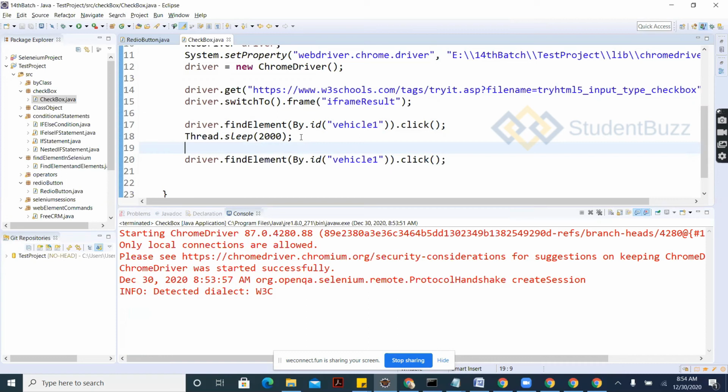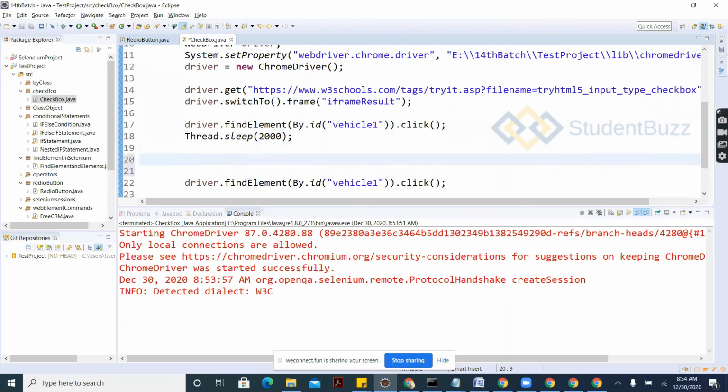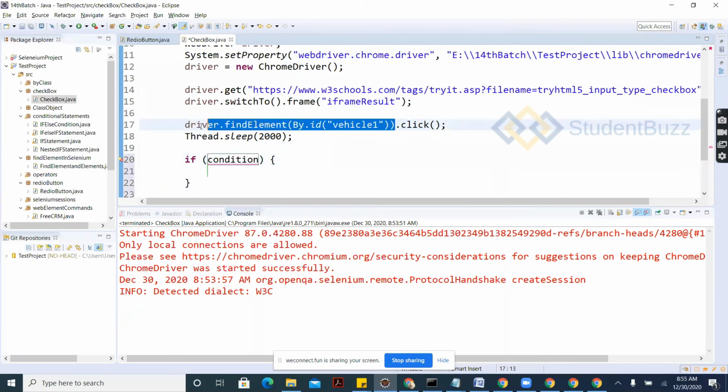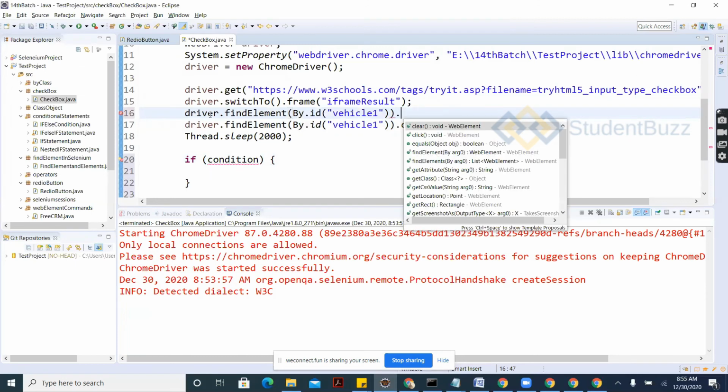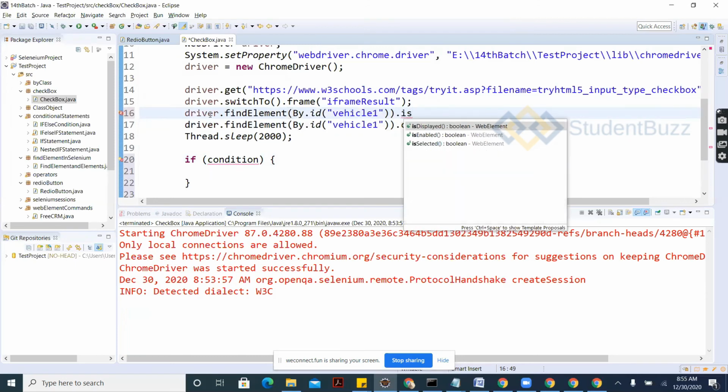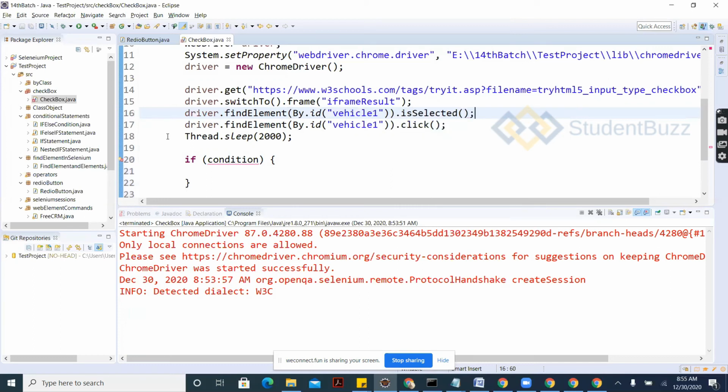So instead of doing that, you can put an if condition here when you are doing this second time or first time as well. The condition is: check whether this is selected, and store it into this boolean, selected or not.